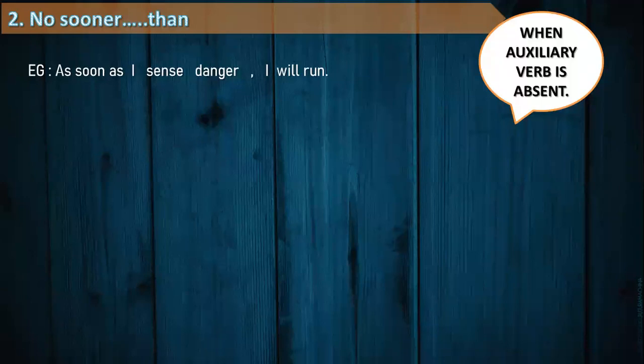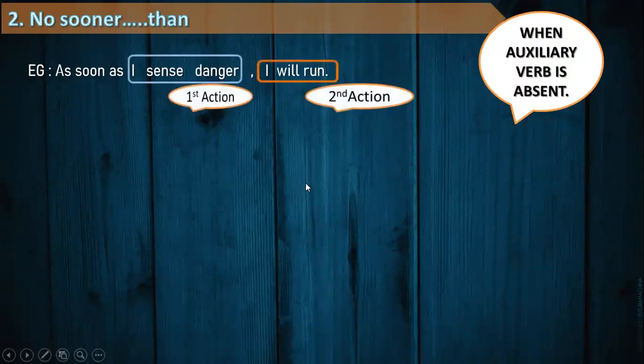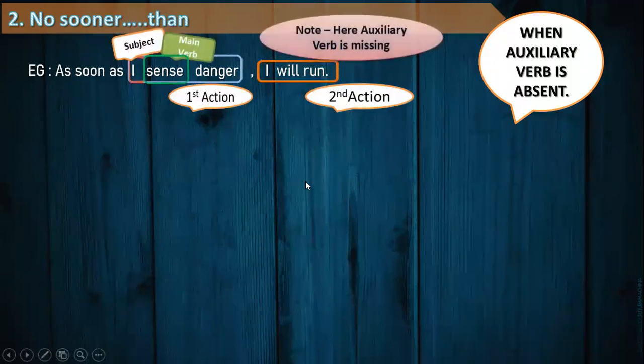Yes. Isn't it easy? For present tense, we are going to use do and does. For past tense, we are going to use did. So now we all know when to use do, does, did. It's simple. When the auxiliary verb is not given, use do, does, or did. So in this case, we can find out that this sentence is in present tense. Hence, here we go with the rule.